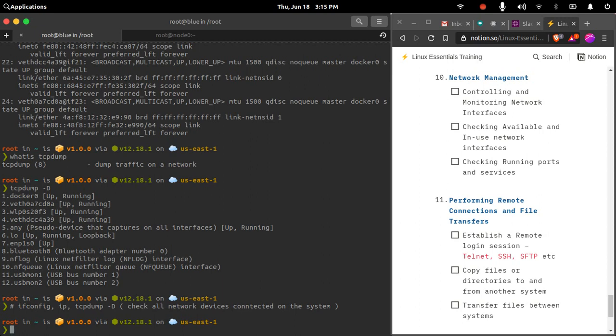But now let's say we want to check the running ports and services. If you want to check what the currently running services are, you would use the ps command. ps will list all the currently running processes, right? So you can grep for any of the network services. Let's say I have SSH running on my system. SSH is used for remote communication, so it will enable your system to be connected from anywhere.